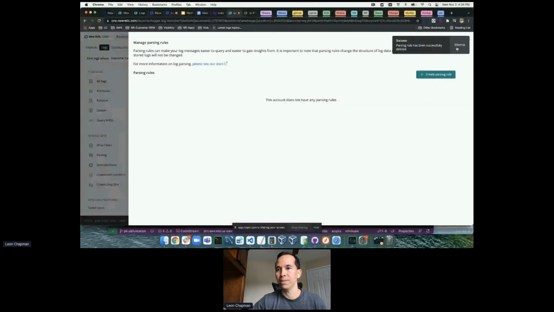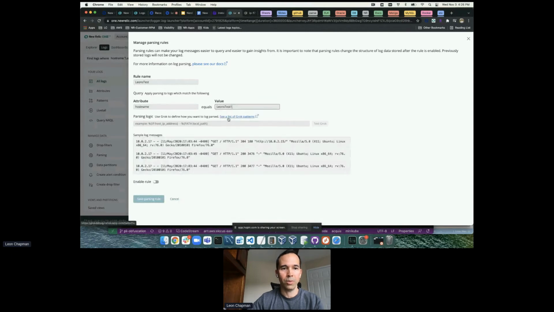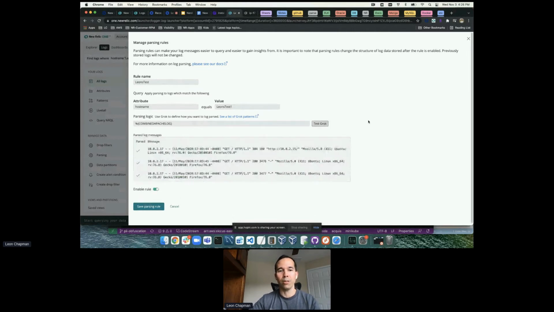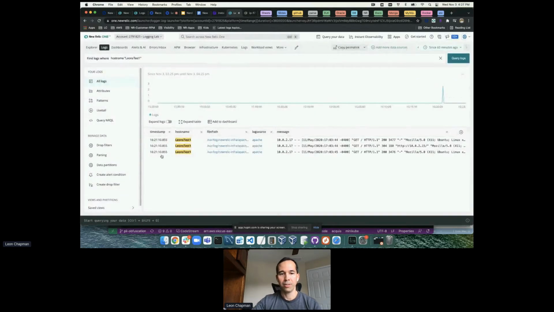This is my old one. Let's delete that. Let's create a fresh one. Let's create a test based on my host name. So Leon test 1. All right, let's enable this, but let's test it first. So here we have a test button. You can test it, and we can see, okay, this grok pattern does match. We get the green check marks, looking good. Enable it, and then we can save it. So now that that's saved,